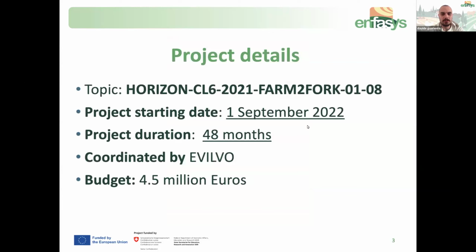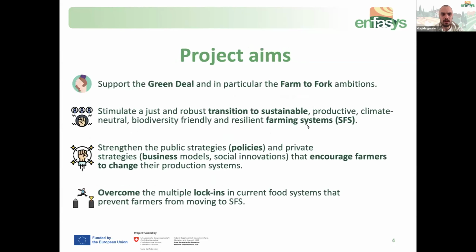Very few details about the project. The project starting date was 1st of September 2022, so we are already 2.5 years into the project. It's 48 months, which means we still have 1.5 years to go. It is coordinated by ILVO from Belgium, and it has a budget of 4.5 million euros. What are the project aims of